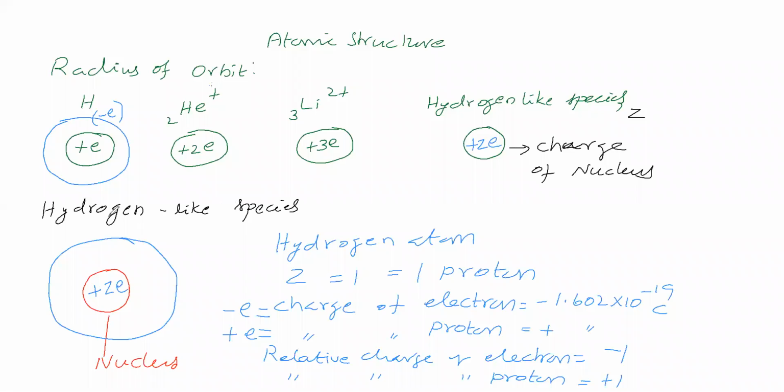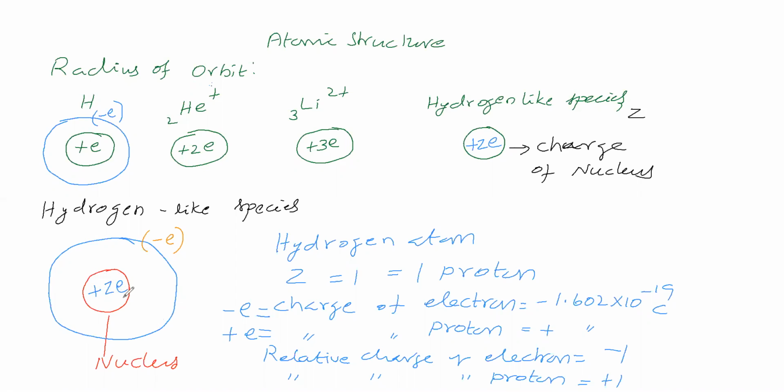So this hydrogen-like species has one electron, revolving around the nucleus. The charge of that electron is minus e. So for the hydrogen-like species we have described the nucleus and the electron. Now see the charge of the nucleus: is it positive or negative? You know the nucleus has positive charge. Here the electron is revolving around the nucleus, and you know the electron has negative charge.